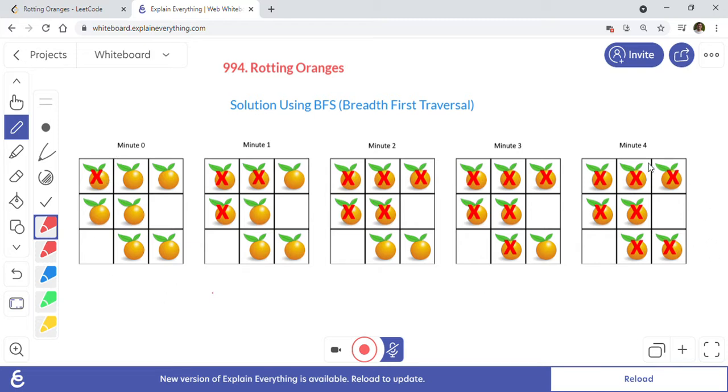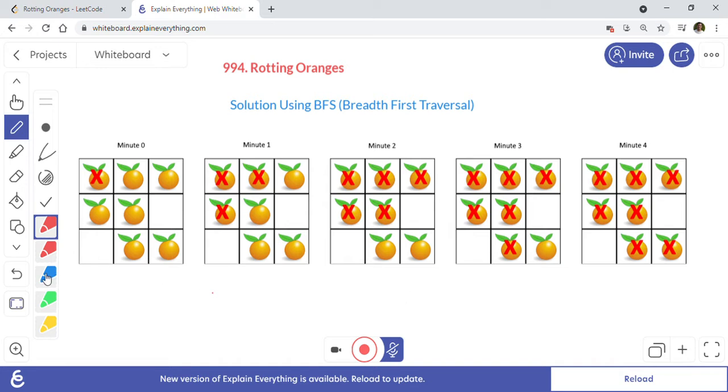We have to find out how many minutes it takes from the start grid to the end grid to get all the fresh oranges rotten. And if that is not possible, then we have to return -1.